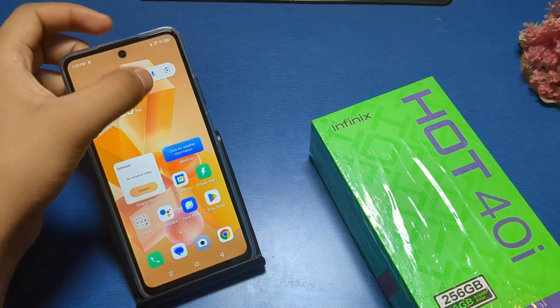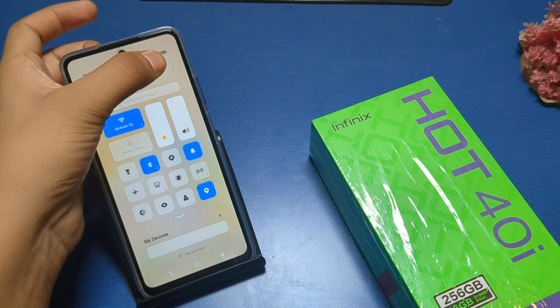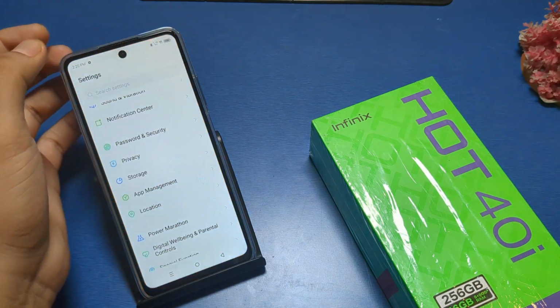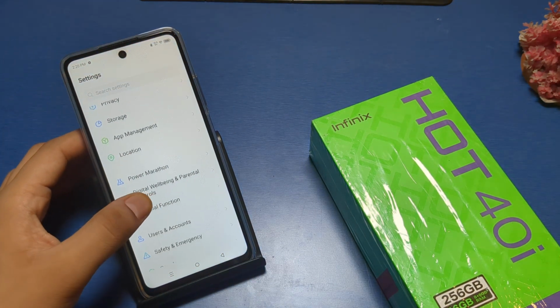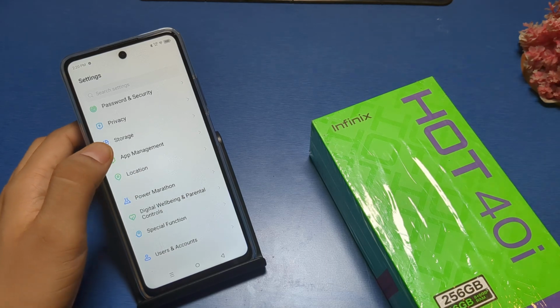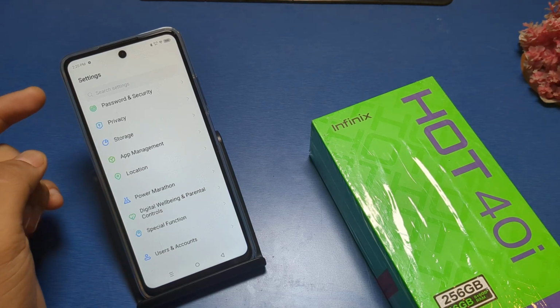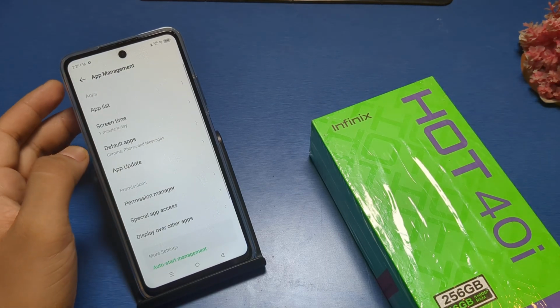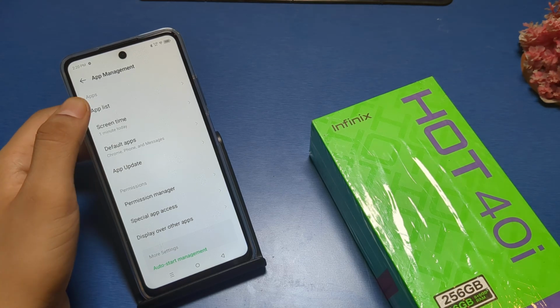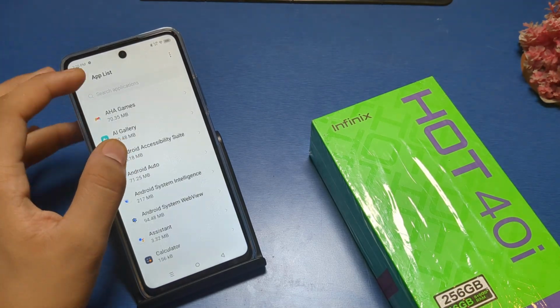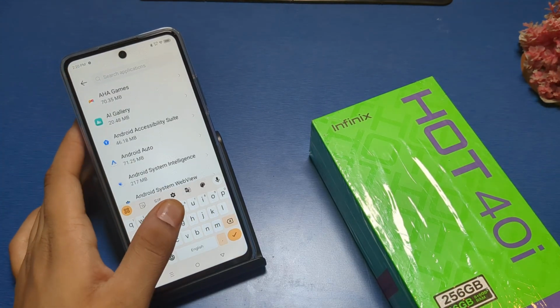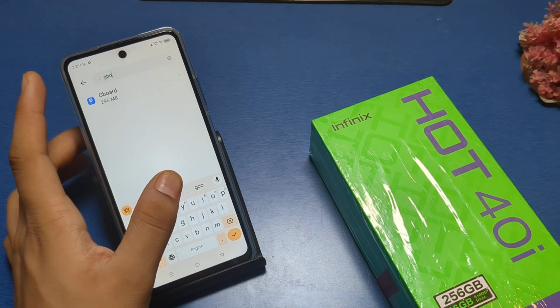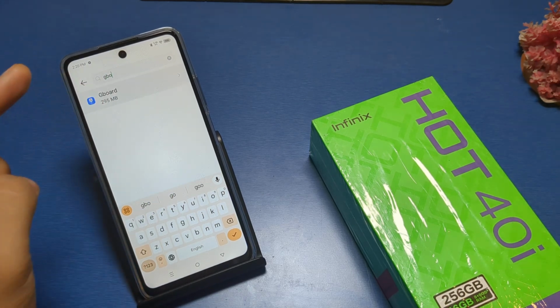So let's start. Go to settings in your Infinix smartphone, then swipe down. You can see there is an app management. You can search it on the search bar. Just tap on app management. You can see there is an app list. Click on it. You can see there is a search button. Type Gboard. You can see, click on this,